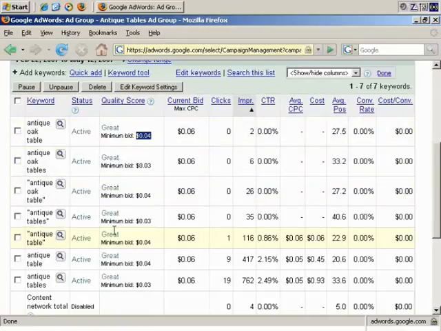As you can see, all these are great. I'm doing great with these. Actually, I should say the site I'm sending traffic to is doing great, so obviously they're doing a good job with their landing pages, and I happen to be doing a good job with these ads. So that's a good example of a campaign that's doing well even though I'm way down there and not spending huge amounts for really optimizing these ads. Okay, minimum bids, 4 cents, 3 cents, 4 cents, then current bids are all at 6 cents,